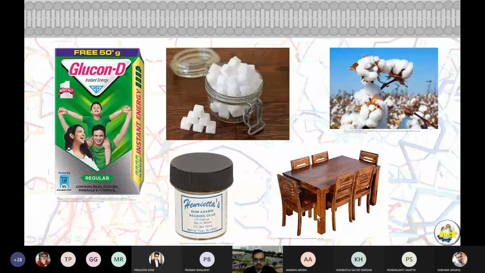Your furnitures at your home, they are majorly wooden. Sugar, you add it to your milkshake, coffee, or your tea. And when you get into sports, often your PT teacher feeds this thing. This is a Glucon-D, right? So Glucon-D for instant energy. That's a trademark though, so trade name. It contains, so all of these things are sugar. Okay, if you put all these things together,